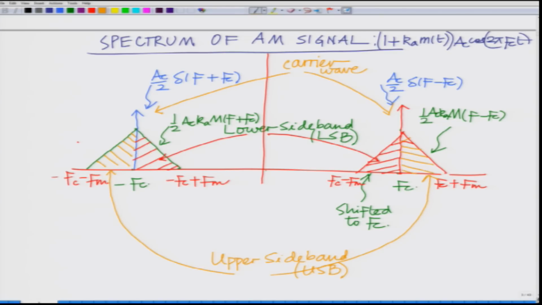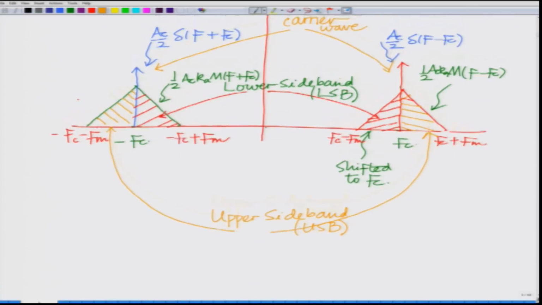which we can see comprises the carrier wave component, which is represented by the two impulses at minus FC and FC, and also the two shifted versions of MF, that is MF minus FC at FC and MF plus FC at minus FC. These are appropriately scaled. The impulses are scaled by AC by 2 and the spectra, that is the shifted bands of the message, are scaled by half AC KA. Okay. So, this is the complete spectrum